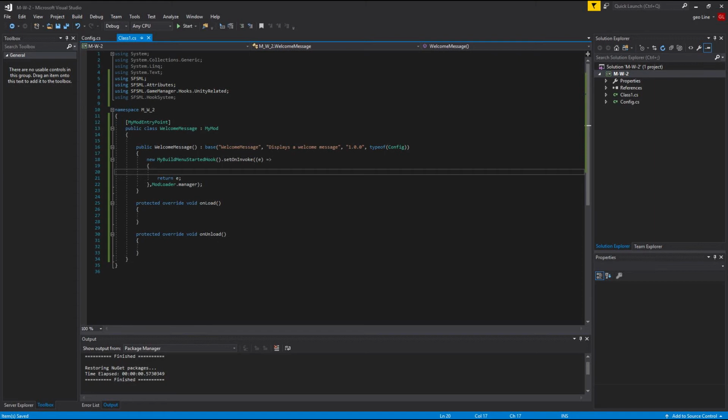What you can do inside of here is modify the hook. For instance, you say force cancelled, and then you can say true. Now you cannot cancel the start of the build menu. It's a hook that happens afterwards, and you cannot cancel these. So that's too bad. But we can do ref and then